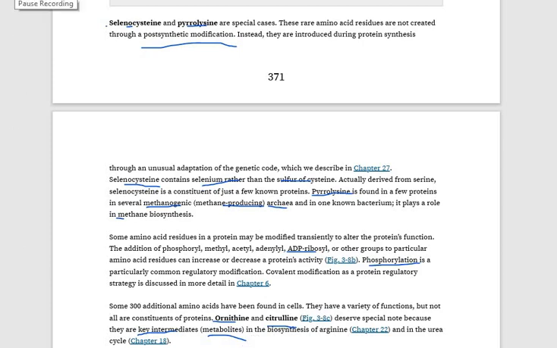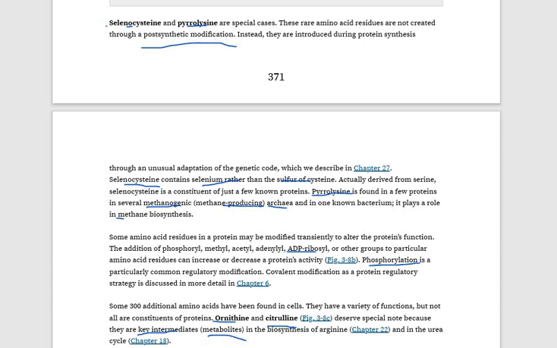So these all are the rare amino acids, selenocysteine, pyrrolysine, and ornithine and citrulline, which also have a special function. Ornithine and citrulline are key intermediates and metabolites in the biosynthesis of arginine and in the urea cycle, while selenocysteine and